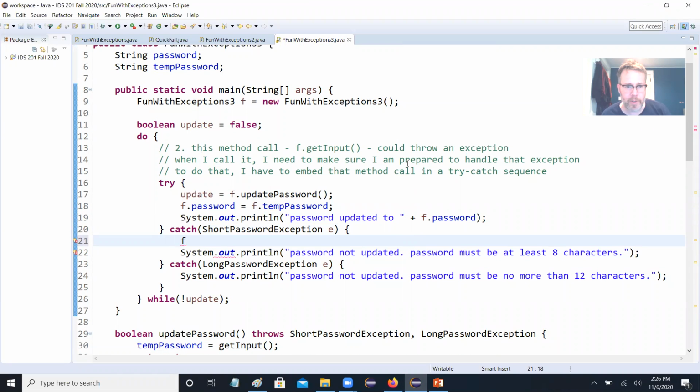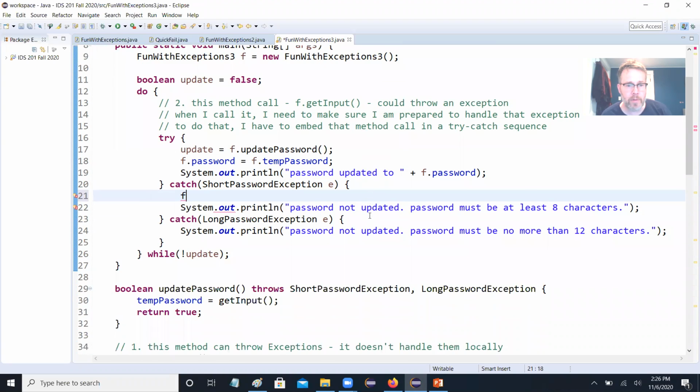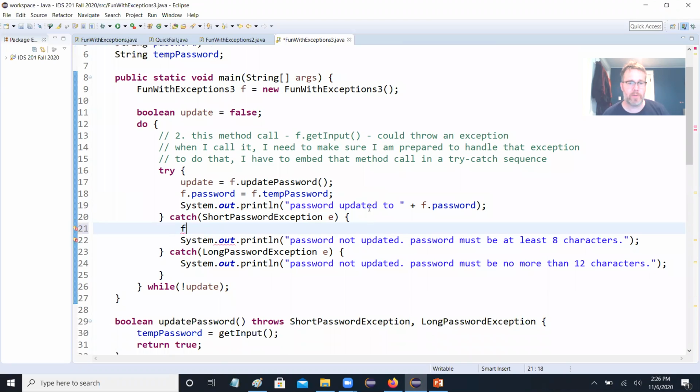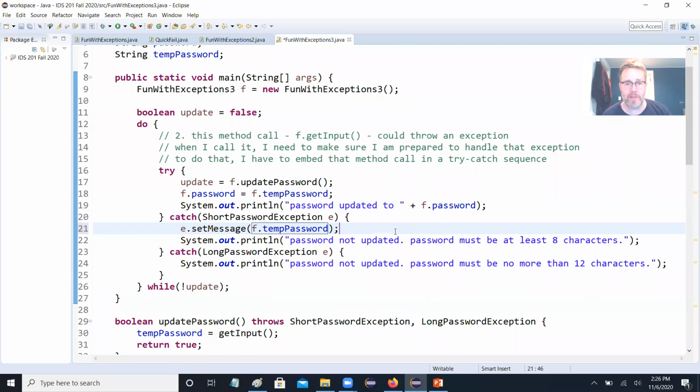Now I've forgotten what I'm doing here. I'm getting the main update password, temp password. Okay, it has temp password. So I would do e.setMessage(tempPassword), f.sendPassword. Okay, so I could set that to be the message, and